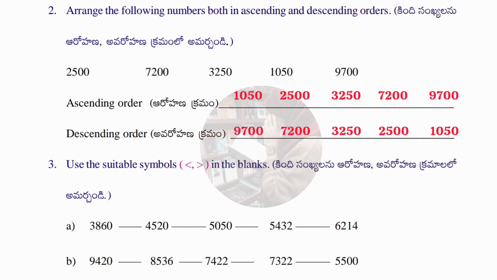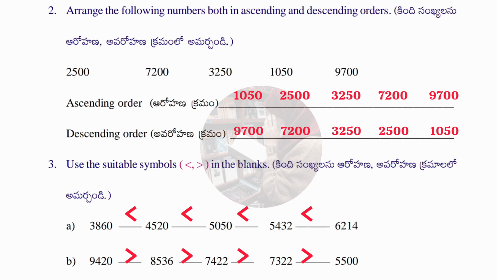Here we have to do the comparison of number, means we have to put the symbol. If it is greater than, put greater than symbol. If it is less than, then put less than symbol. If it is equal, then put equal to symbol. Let's see this, guys. So first one is